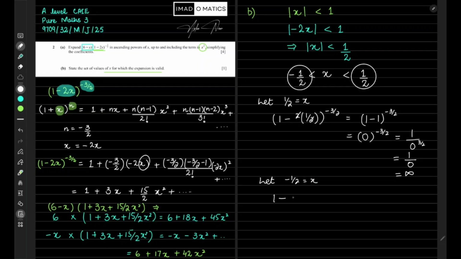So 1 minus 2 times minus 1 over 2, whole power minus 3 over 2, gives you 1 plus 1, that is 2 to the power minus 3 over 2, and that gives you 1 over 2 to the power 3 over 2. Although you are getting a valid, well defined value for it, still